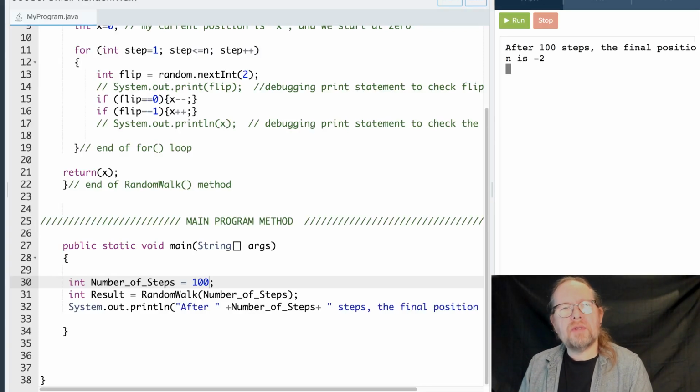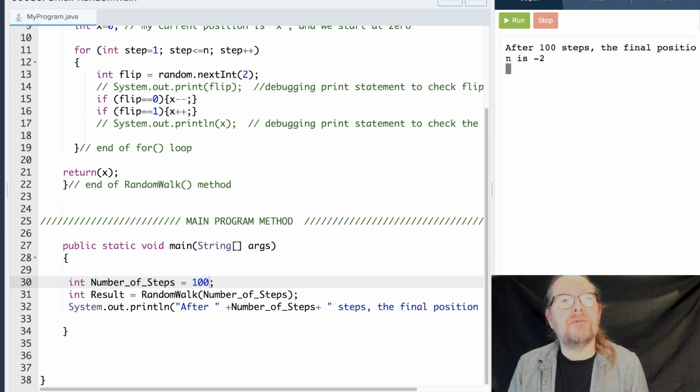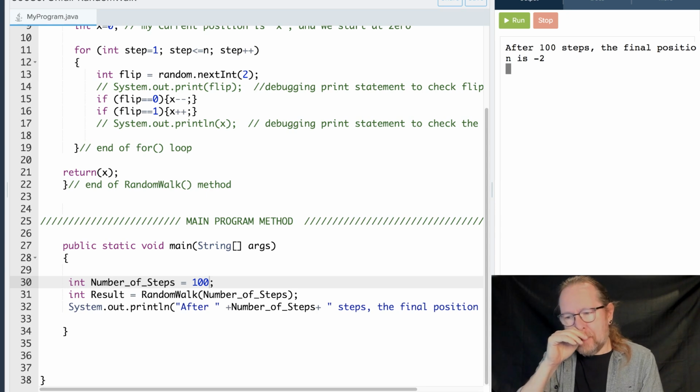Okay, so when we did the random walk program, I talked about what would happen if the random walk was unfair, if it wasn't a 50-50 chance to win and take a step to the positive side. You can imagine this as some kind of game of chance, some kind of gambling game. Somebody bets you that if you flip a coin